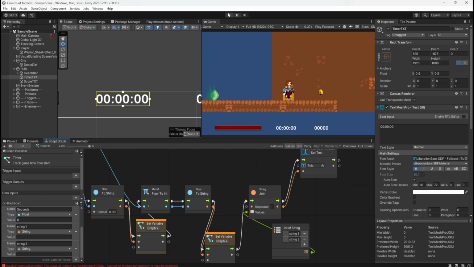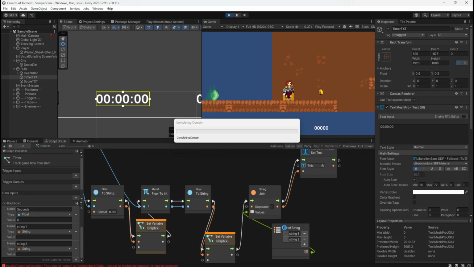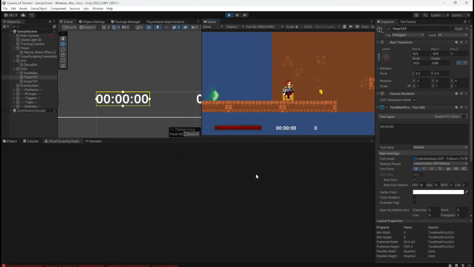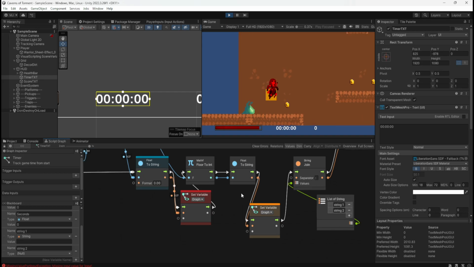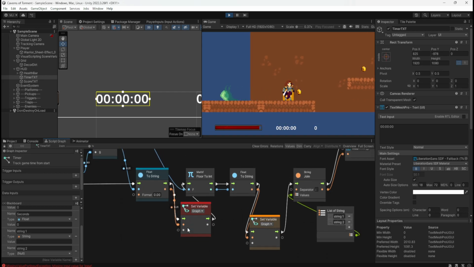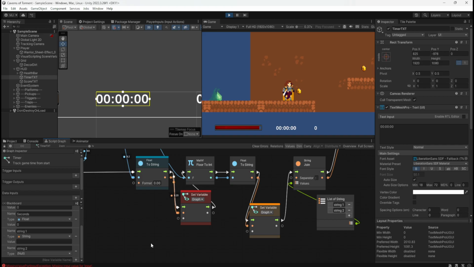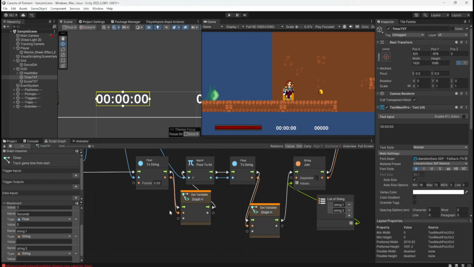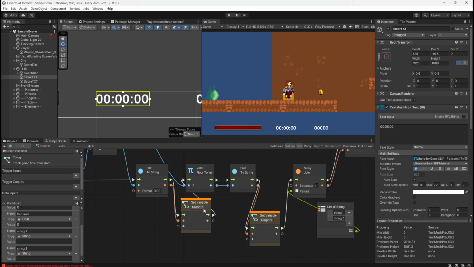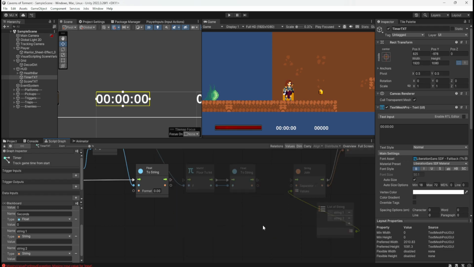Let's save it in case it crashes. Missing value for input. What? Set that. Let's undo that mess I just made, shall we?